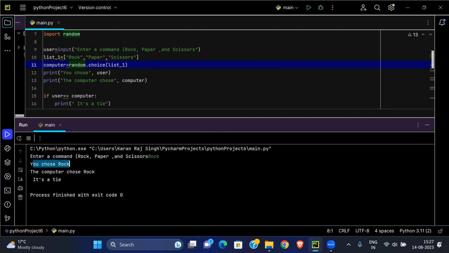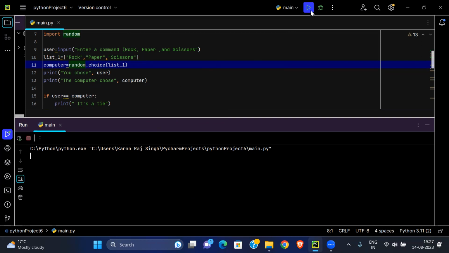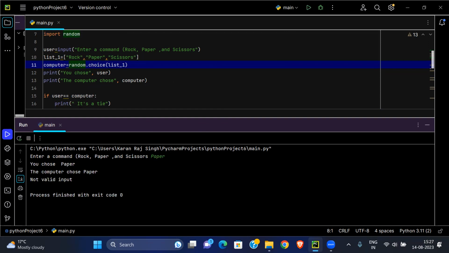See, I chose rock, the computer also chose rock, it's a tie. If you run the code once again, I write paper. This here is not a valid input. Why? Because